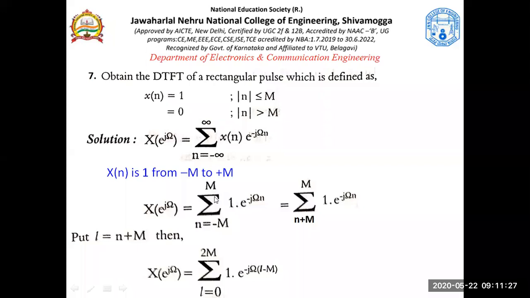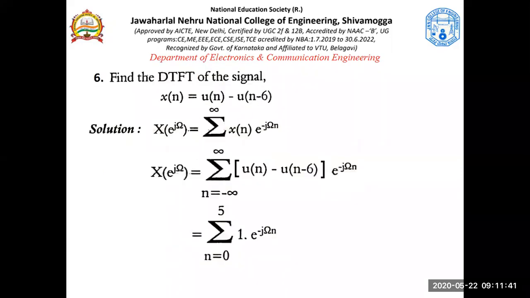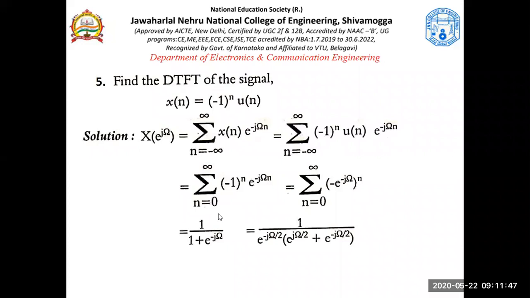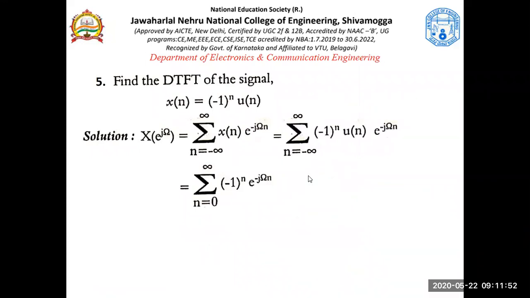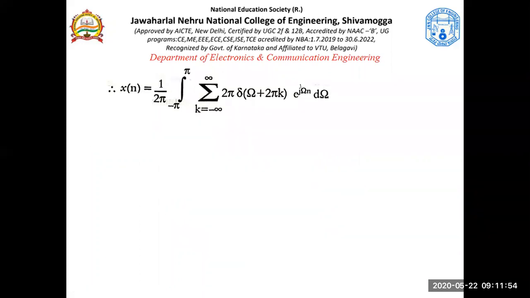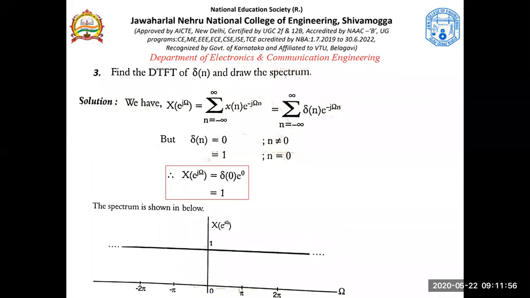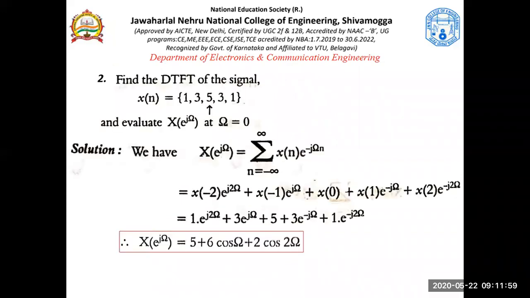So see, when this was infinity, we were not bothered. We were not bothered about the upper limit. Till now, in many of the problems, let's go back and see such problems. See here, this is anyways 0 to 5, so there's no problem here. Here also, 0 to infinity directly we get, and not here, not even here.